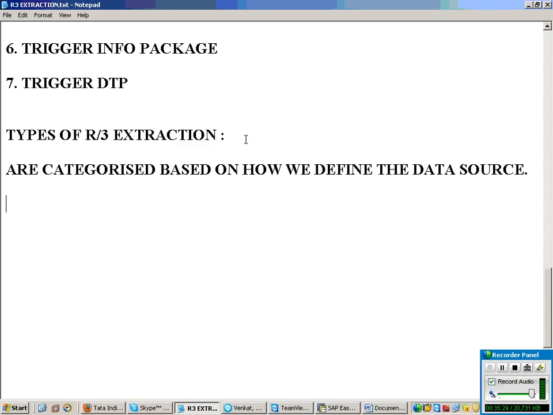Different types are there. The first type of R3 extraction we call generic extraction.